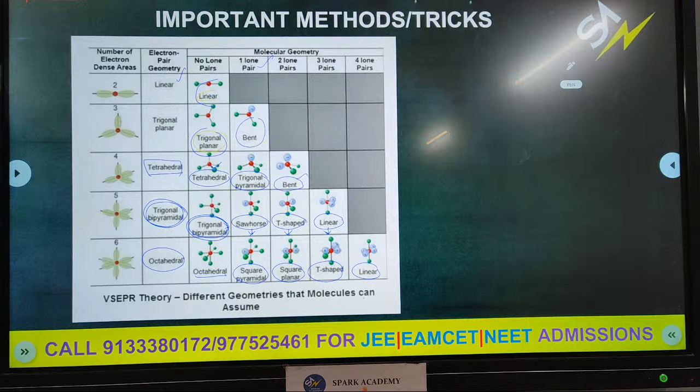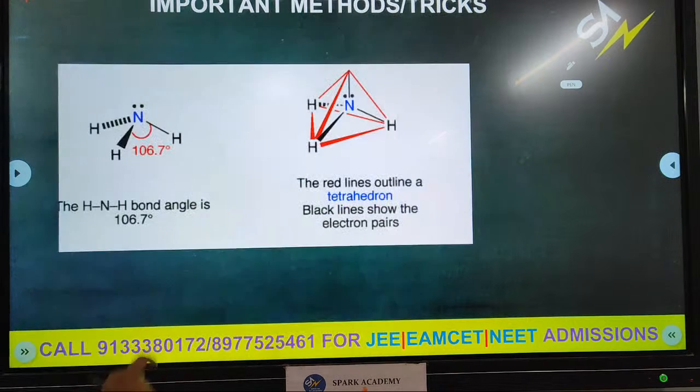Regarding VSEPR theory, any doubts? VSEPR theory. Clear? So after completing the VSEPR theory, the valence shell electron pair repulsion theory,